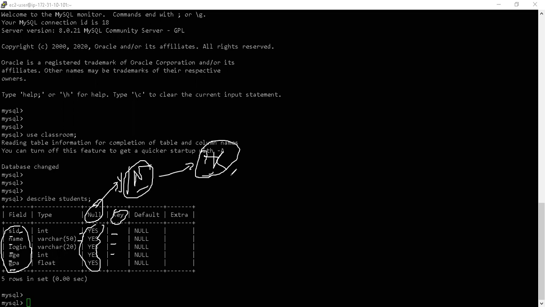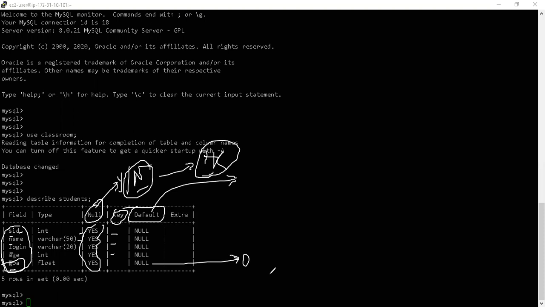The third column is default. If I have created the table in a way that gives a default value, then while inserting data in this table, I don't have to specify the value for that column every time. For example, GPA, the example we took yesterday. GPA can be set to a default value, say 0, rather than null. Unless I take exams for the students, how will I know how much they've scored? Hence I cannot calculate their GPA.